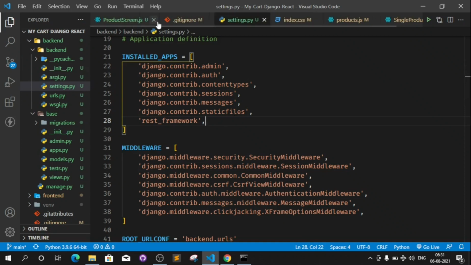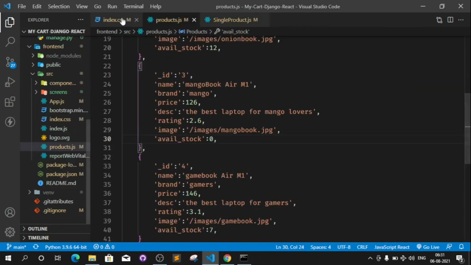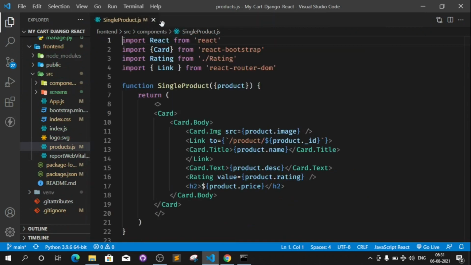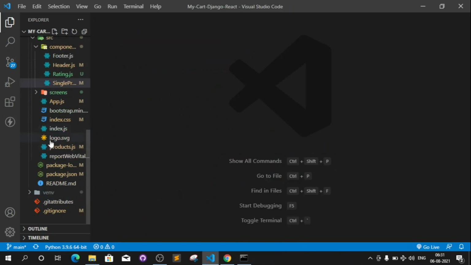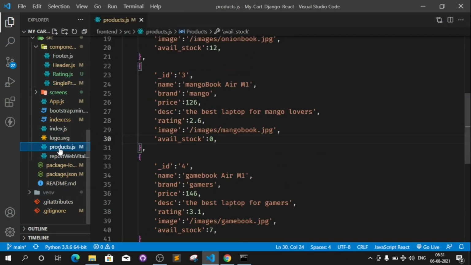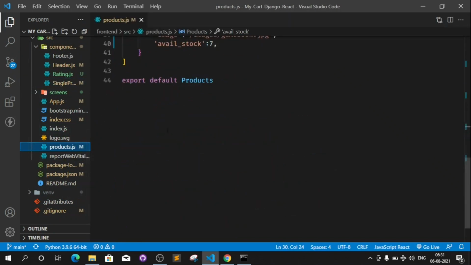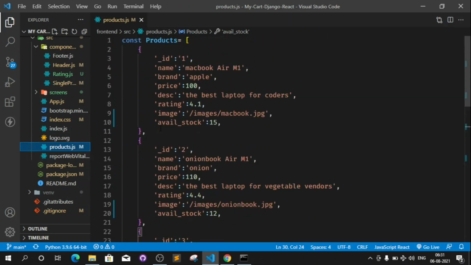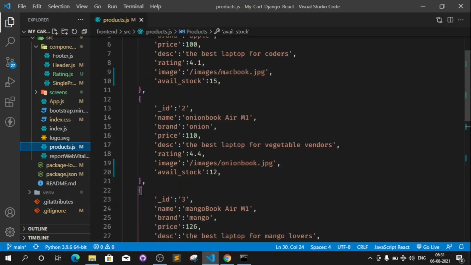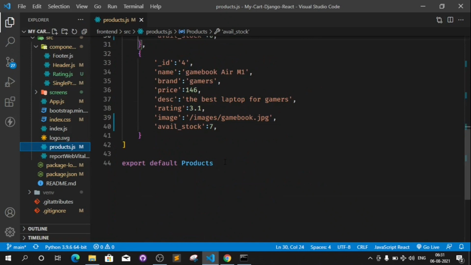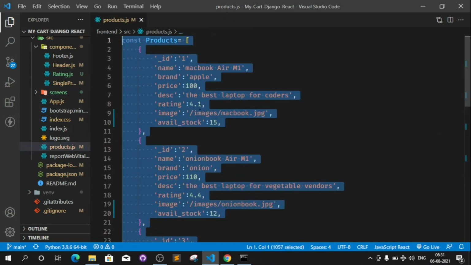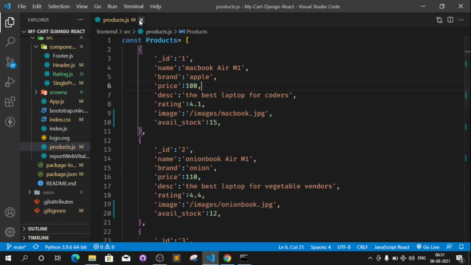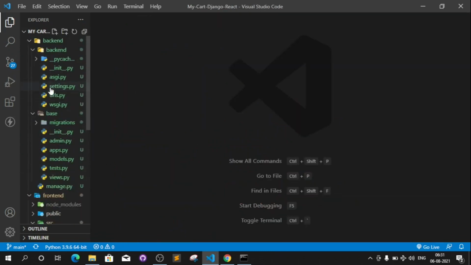Now close all these files because we don't need them now. So index.css, products, single product. Okay. Now currently we are not using any database. We will add PostgreSQL very soon, but right now we will just use this JSON file. So copy this and come to our base folder.